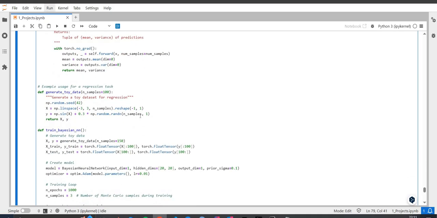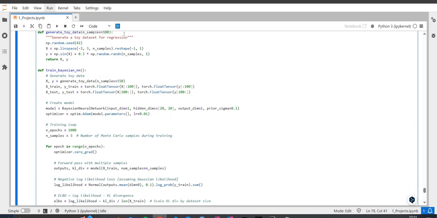And training parts. Look at here. There is a function called generate toy data, you will see. All it does is create some synthetic data for regression. We are generating x values from -3 to 3, then passing them through a sine function and adding some Gaussian noise. Actually pretty standard. This gives us a noisy sine wave, which is nice for testing how well our model captures both the trend